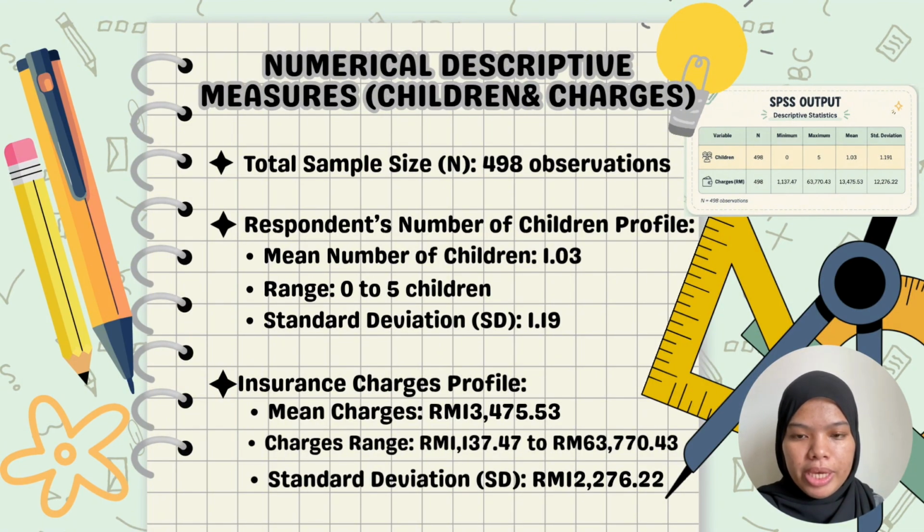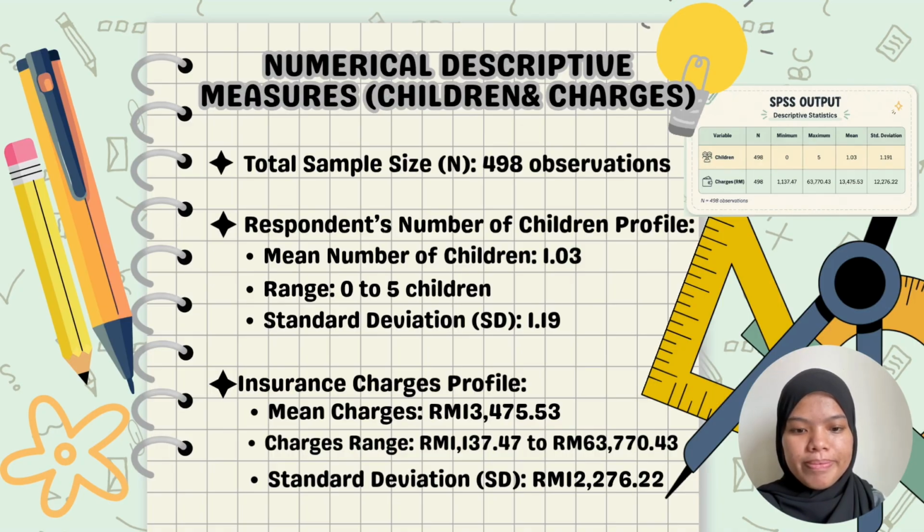Based on the SPSS output, a total of 498 observations were used in this analysis. For the number of children, the mean is 1.03 children with a minimum value of 0 and a maximum value of 5 children. The standard deviation is 1.19, indicating that the number of children among respondents is relatively concentrated around